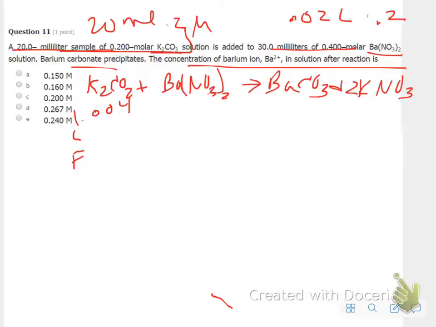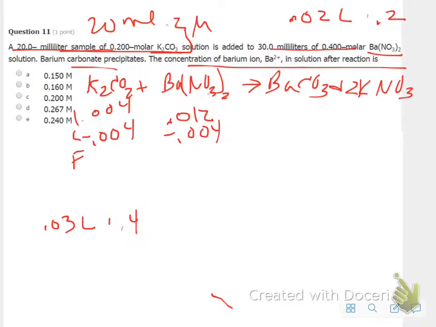And for the barium nitrate, I have 0.03 liters times 0.4, and that is going to give me 0.012 moles. Okay? So because it's a 1-to-1 ratio, I'm going to be limited by the amount of potassium carbonate,